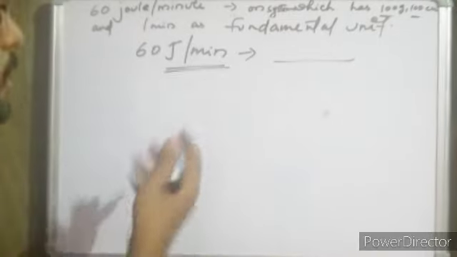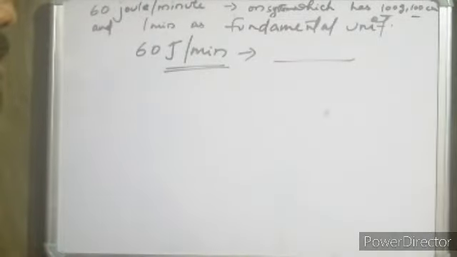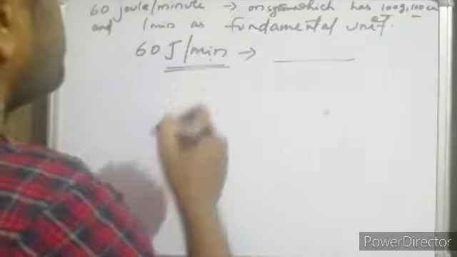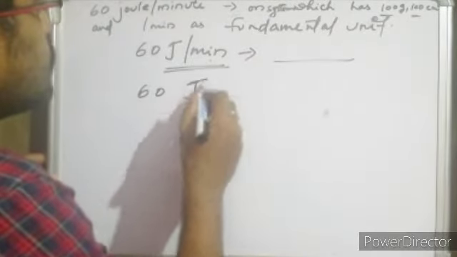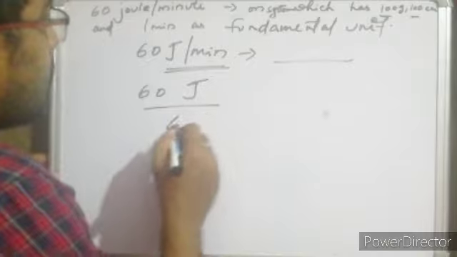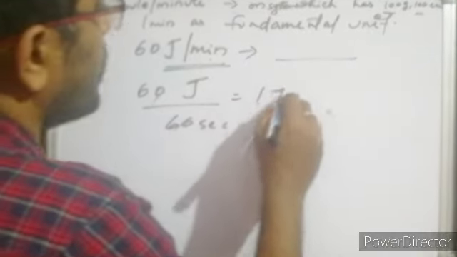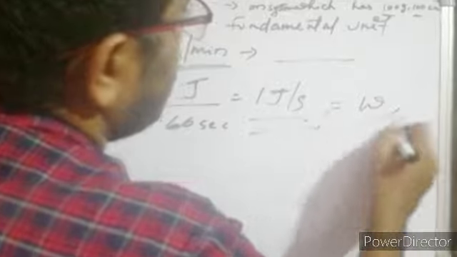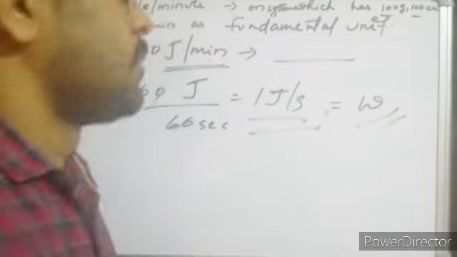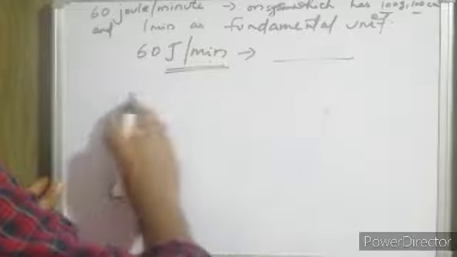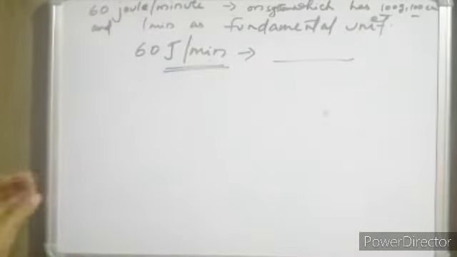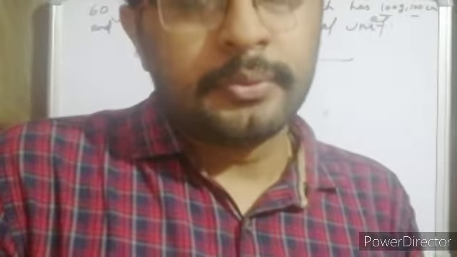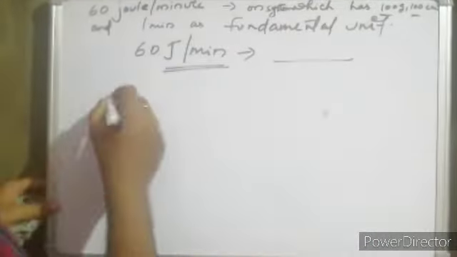A uniform system of unit here. So it is joule per minute. You can convert this minute to second. So that will make 60 joule divided by 60 second, which is equal to 1 joule per second, and 1 joule per second is nothing but 1 watt. So you need to actually convert 1 watt into some other units. In the same way, just try watt hour. Check whether you are able to derive it.